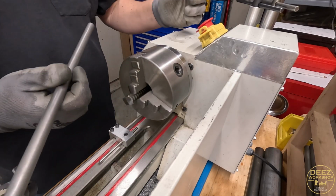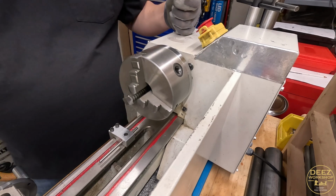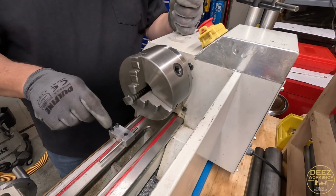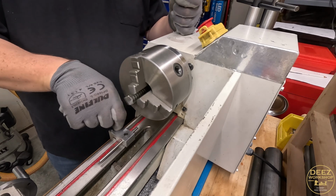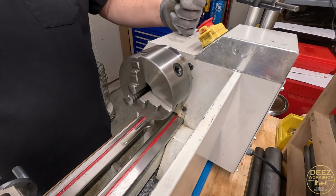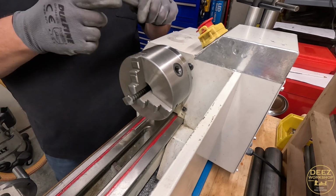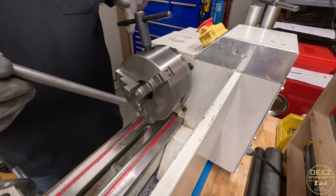So the first mistake I made was knurling in the first place before I did everything else. And again, in my haste and getting lazy, I'm not using the tailstock like I should be, and that's another big problem of mine. So now that it's a new day, I slept on it. I'm feeling a little better about the project again. Let's